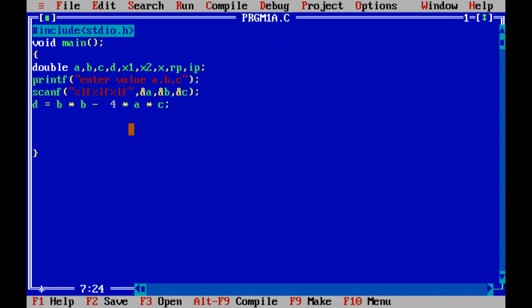So if you didn't execute at least one of these programs, you will not be able to fix the errors. But so after calculating the d value, now what are we going to check? We are going to check whether the d value